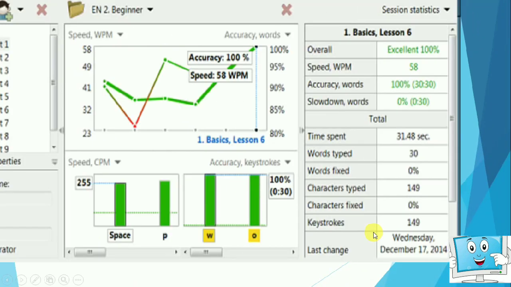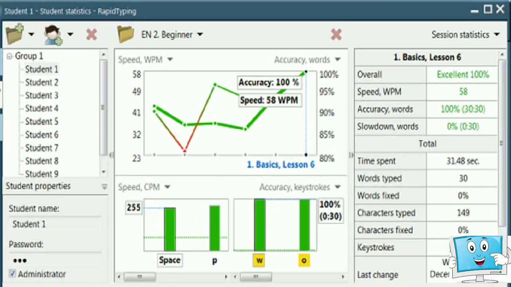Next we have the student statistics screen. When a student completes the lessons, then if you want to see the statistics, that is the performance of that student, so you can see from the student statistics option. So suppose here there is group 1 and there are a number of students in one group. Here student 1 is selected.